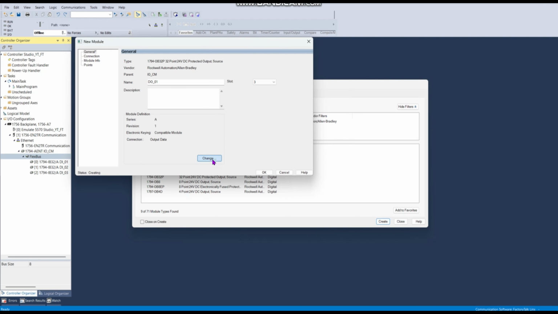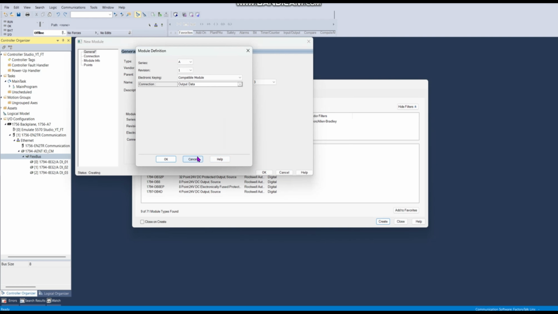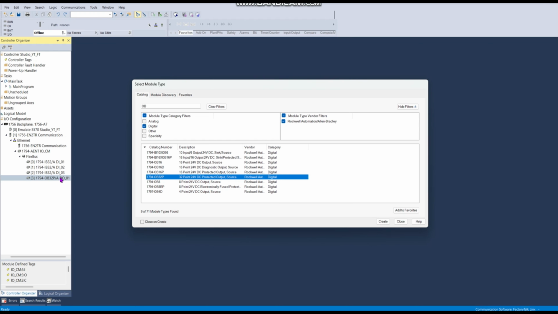Also you can change from here, and then you can change the series. For example, in the field there may be different types of series or different revisions, but there is only one revision here. And always, the electronic keying, compatible module, should be enabled, and data output should be enabled for the connection. Click on